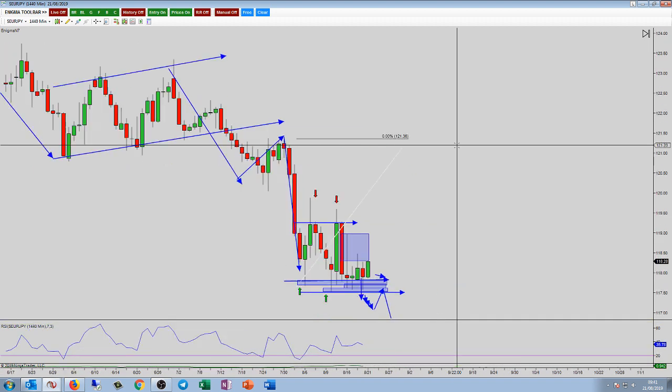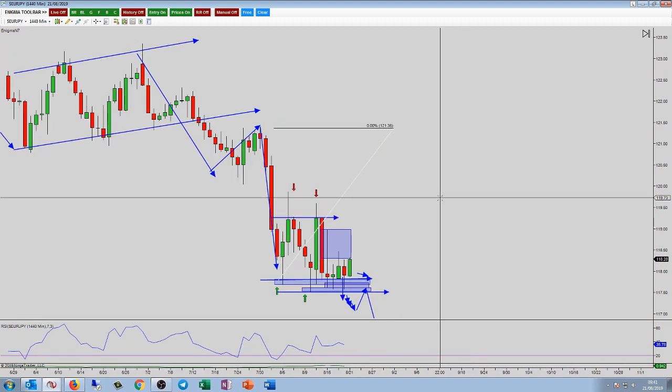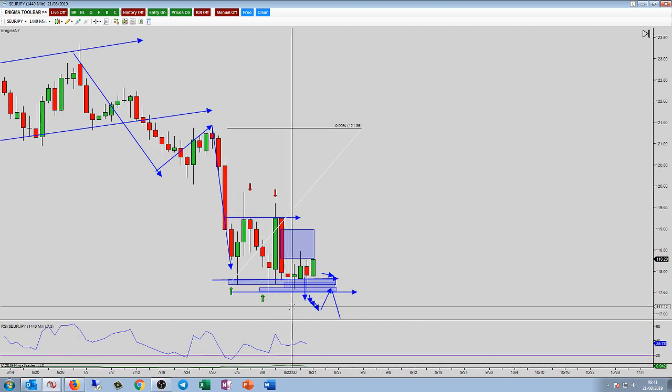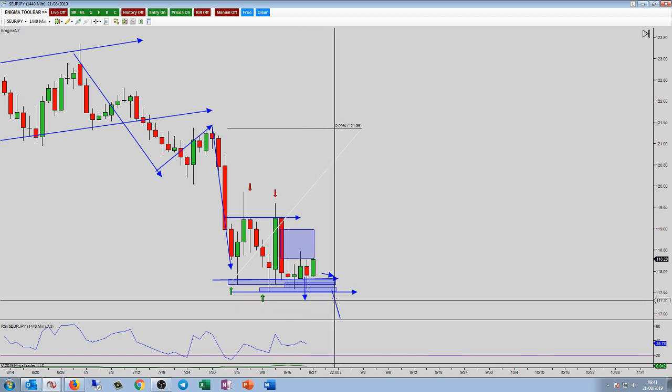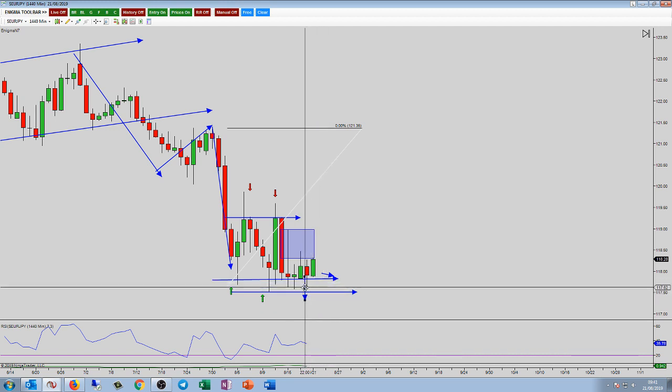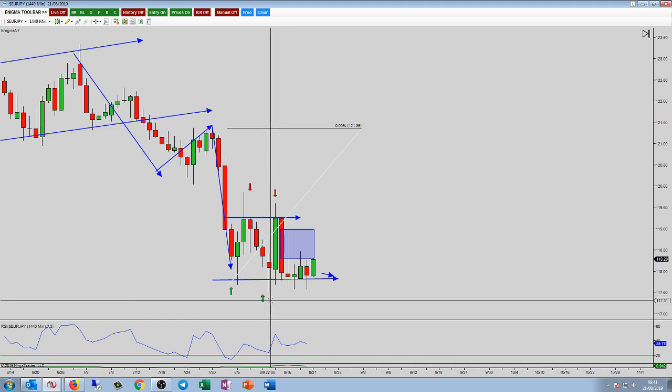Euro yen, very little movement compared to yesterday's analysis. I'm just going to clear this up a little bit. We are now on the dailies, still looking at the big breakout pattern.